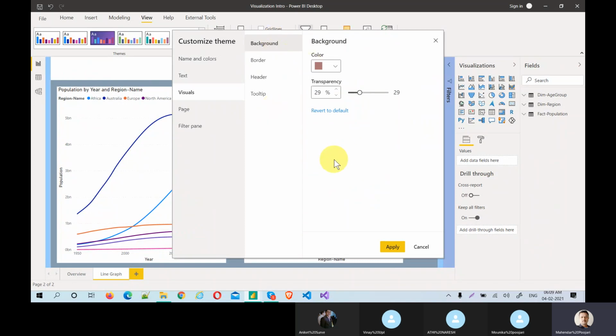If the client is not giving, you can sit with the client and build the theme together. If they are flexible with theming, that's perfectly fine. If they are not flexible, they will come back every time saying, no, no, this font size is actually big, but unknowingly we applied that. To avoid that, building a theme is very very important.